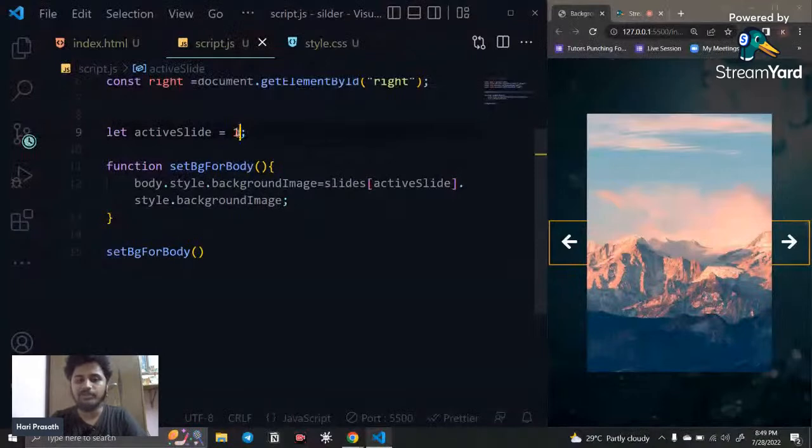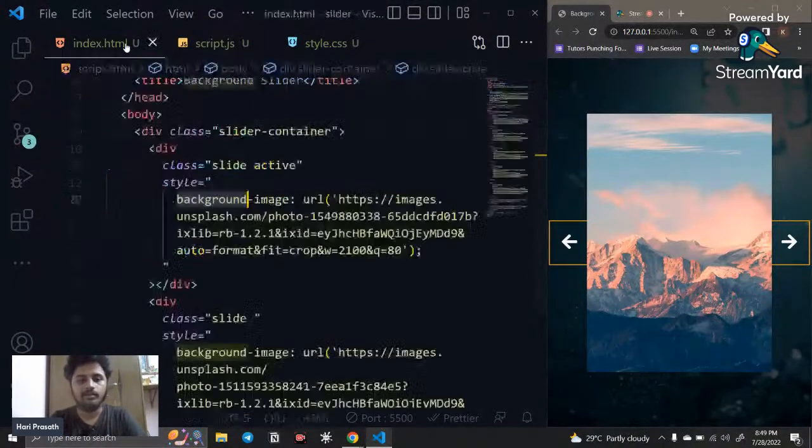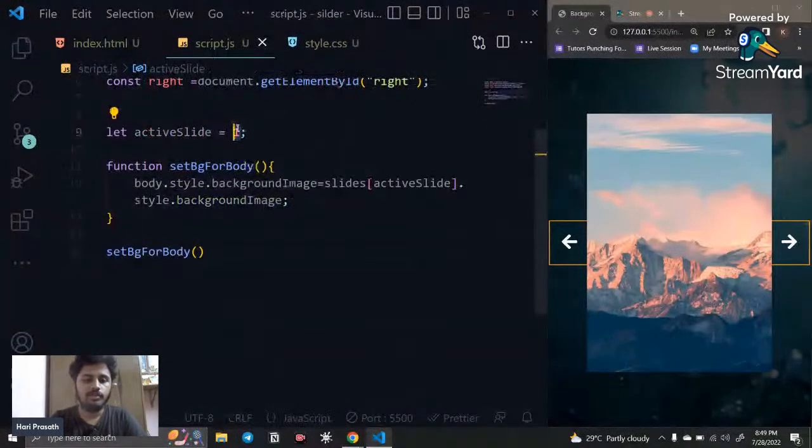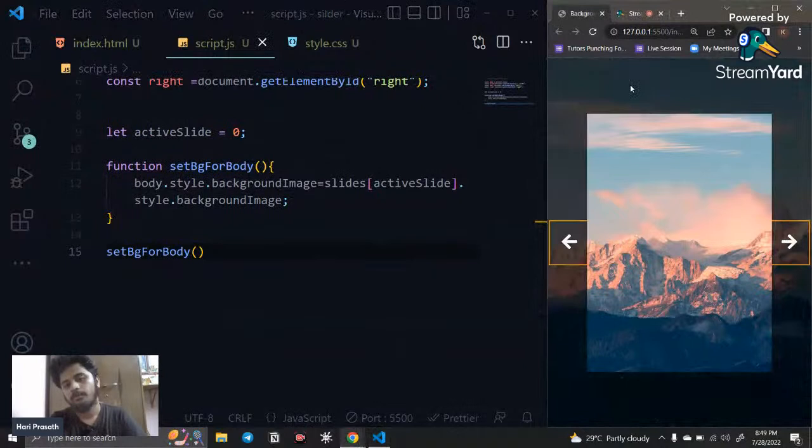It is fetching the image from the first index, but actually what index is there right now? You can see here, you can see active. By default active is here only, so it contains the 0th index. So if I put the 0th index, then it will be perfect. Okay, so then it's going to be a perfect one. So next what I'm going to do, I'm just going to say